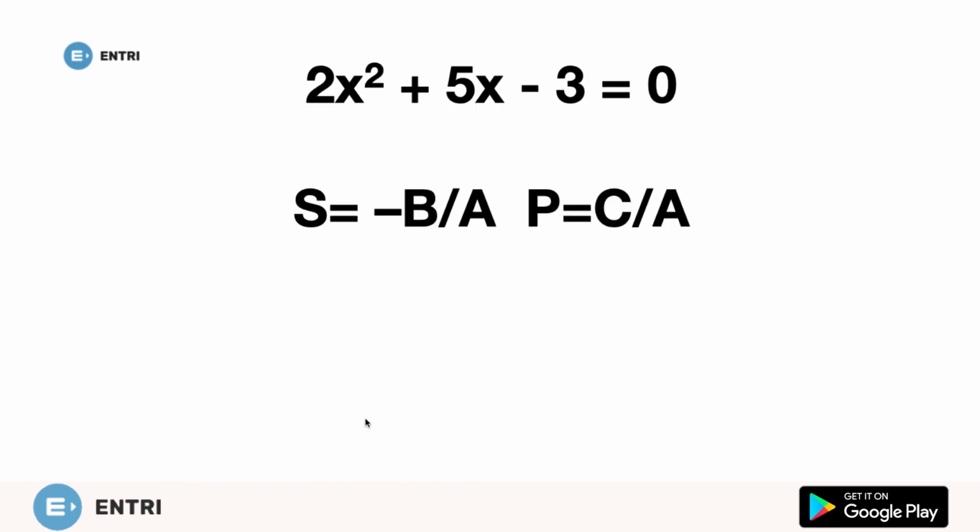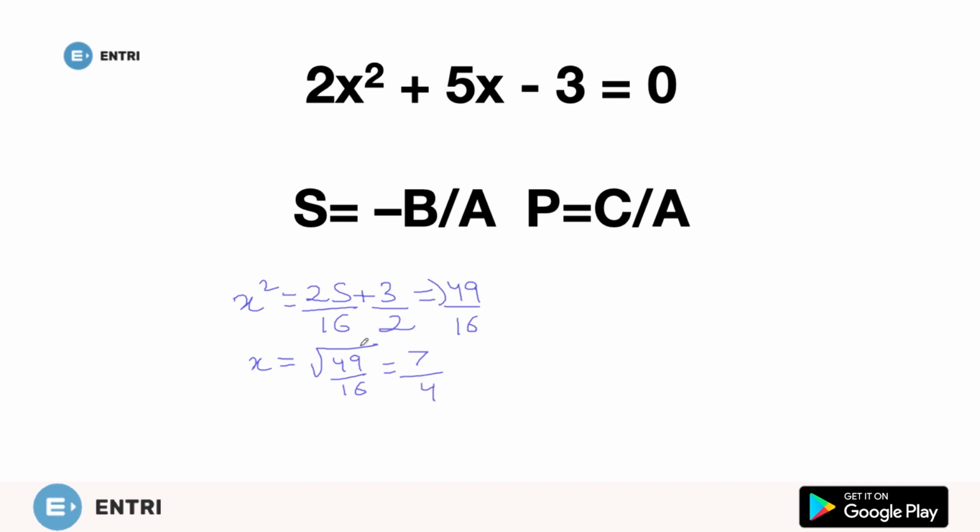25 by 16, and just a second, its value was x square equals 25 by 16, and if I say directly take its root, so what I'll do, I'll just sum it up, and its value is going to be 49 by 16. So the x value is going to be what? Taking the root of 49 by 16, and I clearly know that root 49 is 7, and root 16 is 4. That means its value is plus minus 7 by 4. And I assure you, when you put this value, you'll get directly the answer.